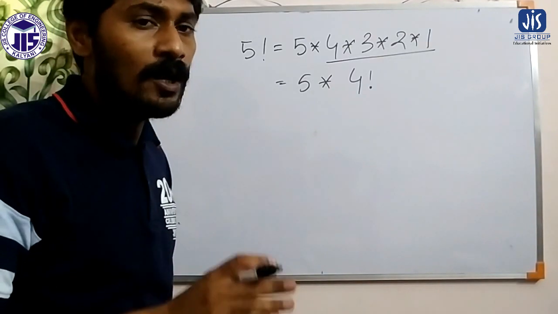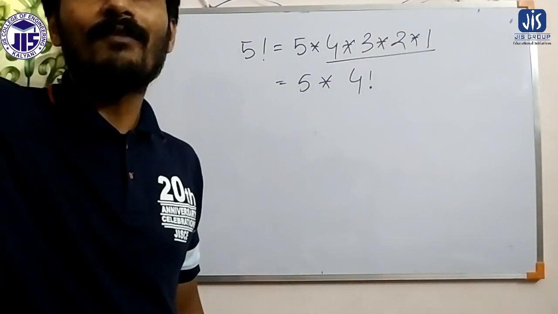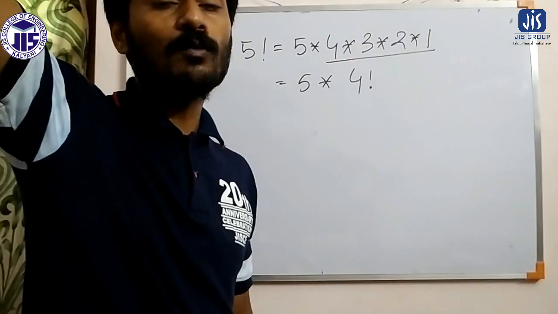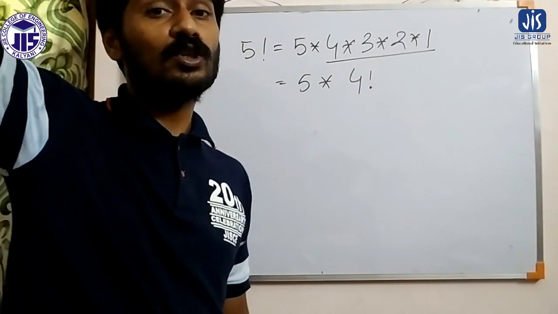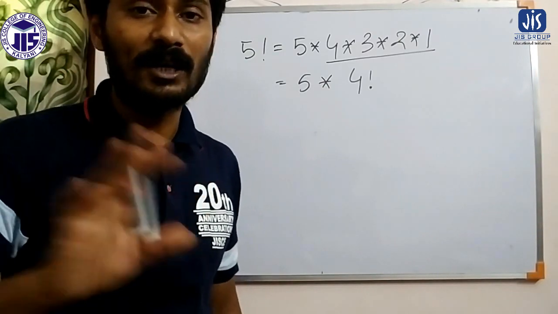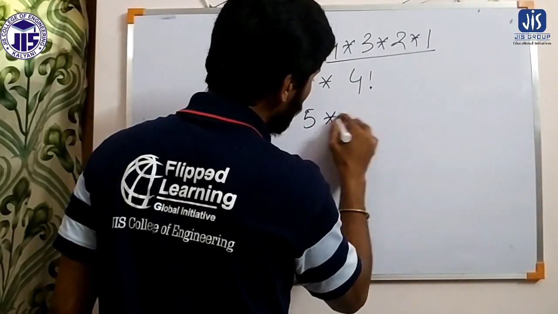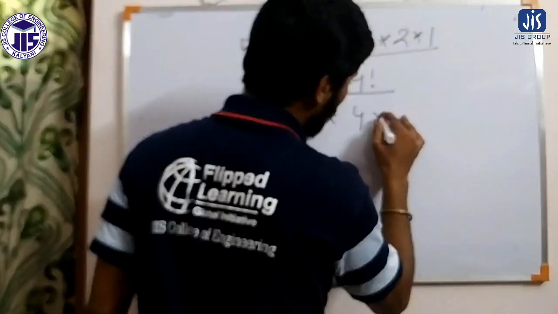For 5 factorial, what are we going to do? We will use the value of the 4 factorial. We are not going to perform 4 into 3 into 2 into 1 separately. Now for 4 factorial, what we can write is 5 into 4, and this we can break into